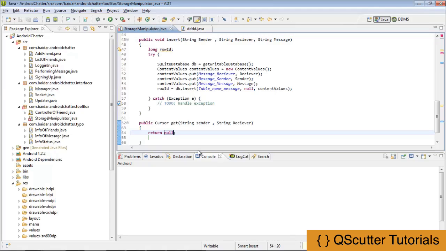For that purpose, I'm going to use SQLite database db is equal to get writable database. That's it. I'm going to save it. I'm going to create a string to hold a query for selecting something from the database. So string select query is equal to, I'm going to use, select from, and then